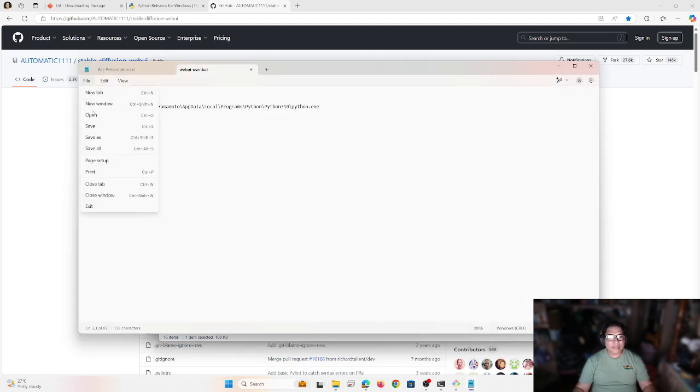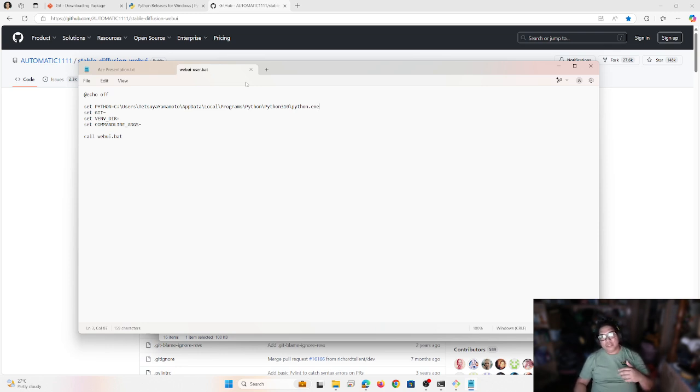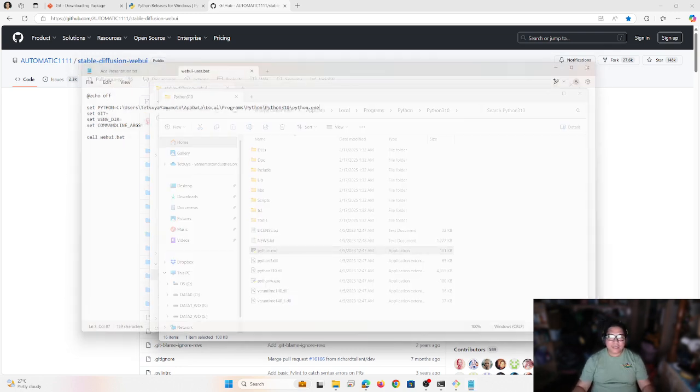Okay, and then save. Basically, this allows you to bypass the default on my system, the 3.11. It actually forces it to use the 3.10 instead. Okay, so we close that.